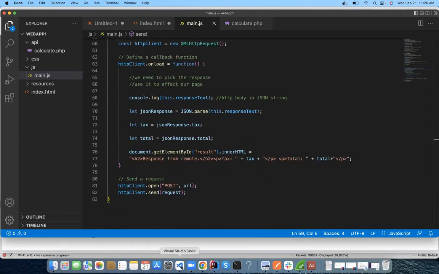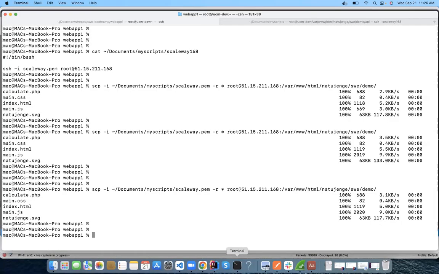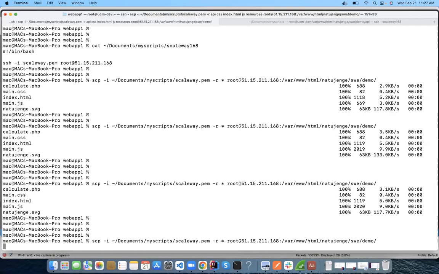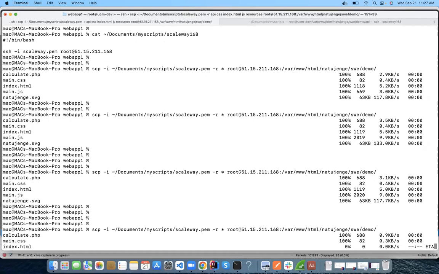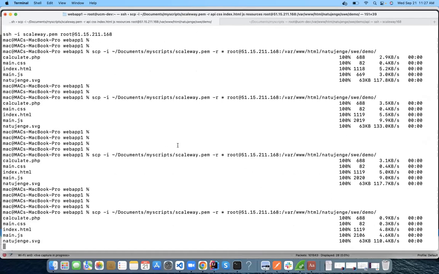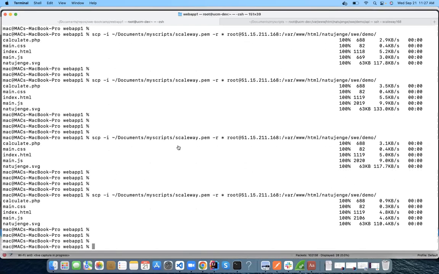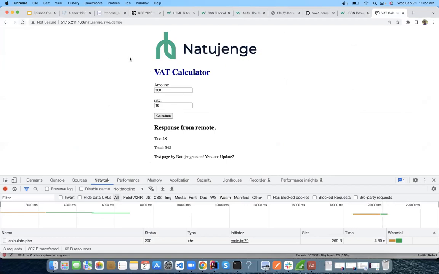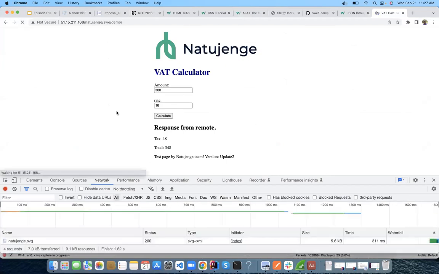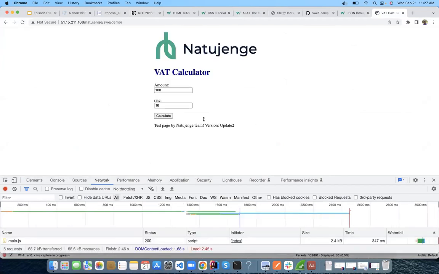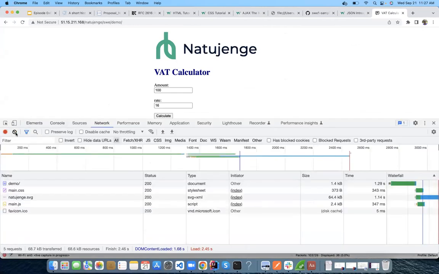So let me just push this just to make it exciting, because JavaScript allows us to give a good experience. CSS allows us to give, and HTML allows us to do a good UI. So we are getting into the UI UX conversation, and JavaScript is at the center of UX as far as web is concerned. So I can come here, and I hope the file has been loaded afresh because it was